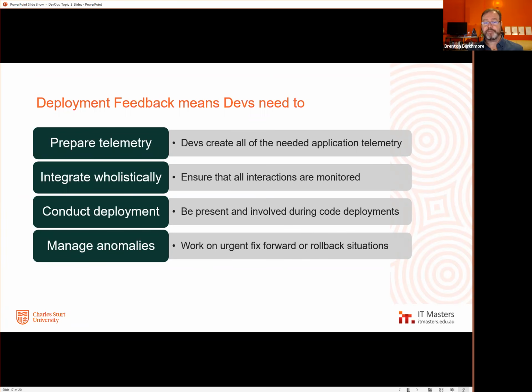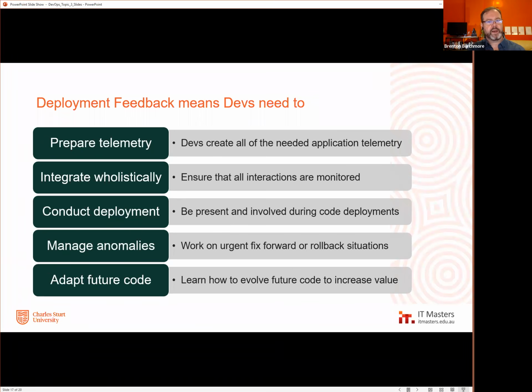You might even have that fix forward situation where the devs say, oh, I know exactly what that is. That's this value. And we weren't sure whether it was going to be result A or result B. So we're going to change it to the other result and we're going to fix that right now. Let us push a change out right now. And then it's, well, no, we're going to pull that code out. We're going to deactivate that feature, and we're going to go back into the test environment tomorrow, and we're going to make some changes that'll fix that now that we know more about how it's really working or what really went wrong.